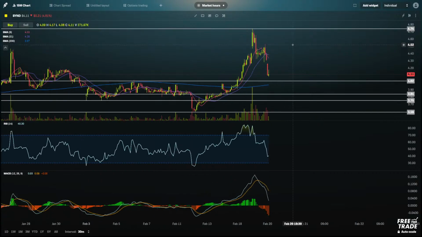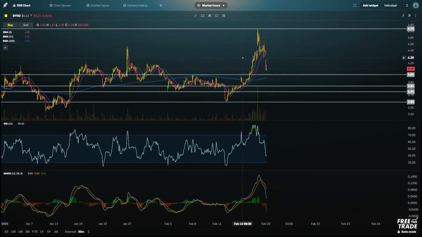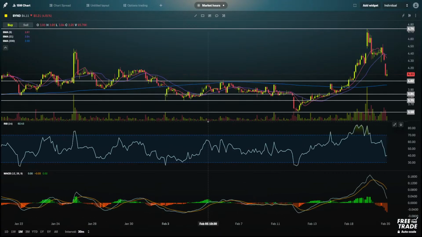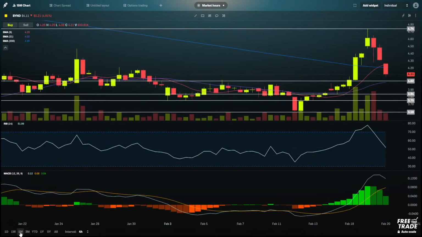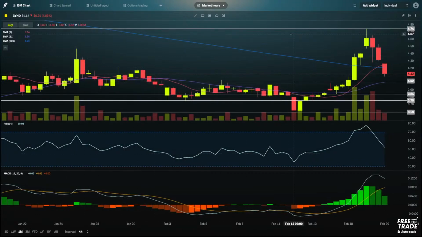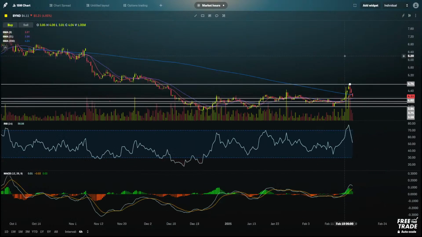I would want to go, let's see, on a month chart. Let's look at the month. I'm going to go monthly 4 hours. We're at a new high. Yeah, I think 375 is a fair entry price. And I think